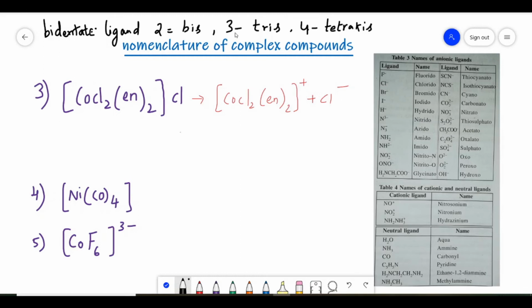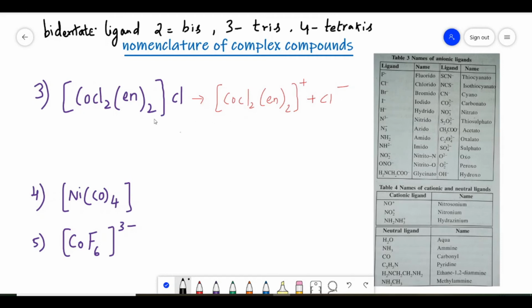Why? In our syllabus we have only octahedral and tetrahedral. Three bidentate ligands will give an octahedral complex, and if 2 ligands are there, then they can give tetrahedral or square planar. So mostly you will get bis or tris only, not more than these. So whenever bidentate or tridentate ligands are there, just remember this: if 2 bidentate ligands are there, we write bis, and if 3 bidentate ligands are there, then we write tris. And the remaining monodentate ligands are similar. You can write dichloro, trichloro, tetrachloro, pentachloro, hexachloro.